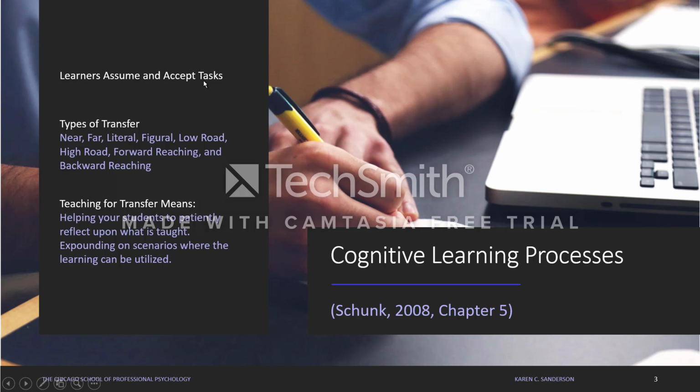Learners assume and accept the tasks. That is the main key. They must assume and learn the task themselves. So this type of transfer can be in various forms. It can be near transfer, far transfer, literal transfer, figural transfer, low road transfer, high road transfer, forward reaching, and